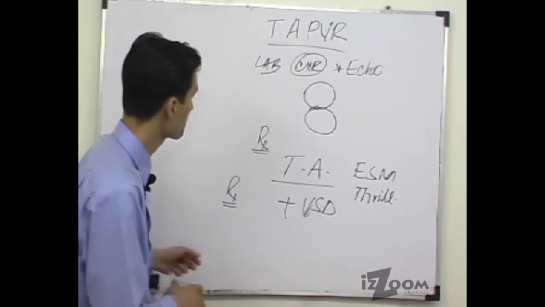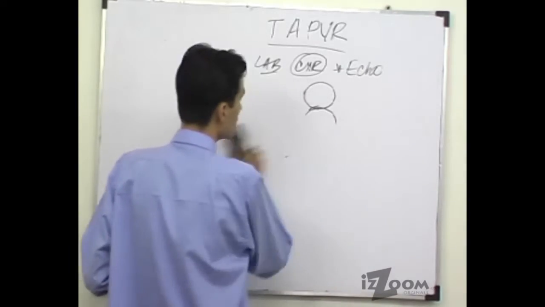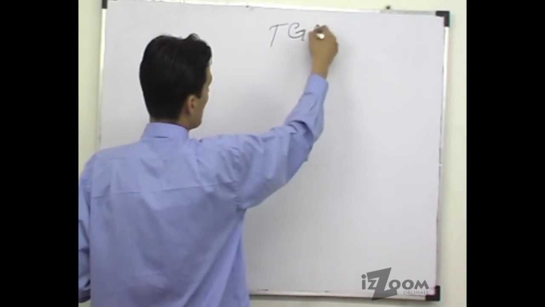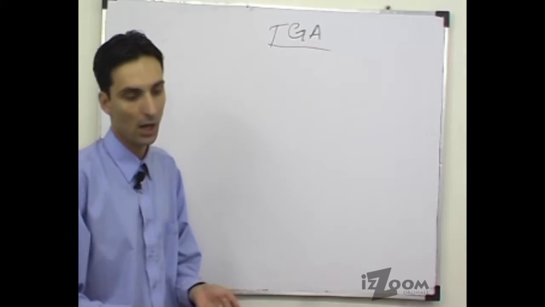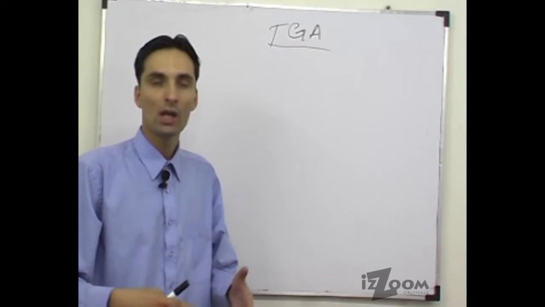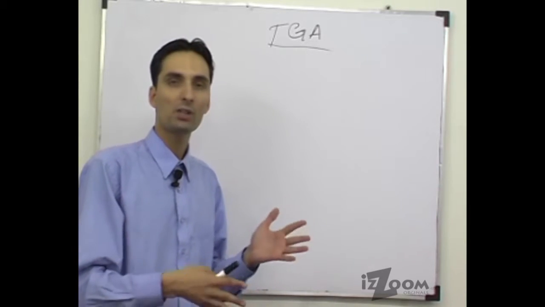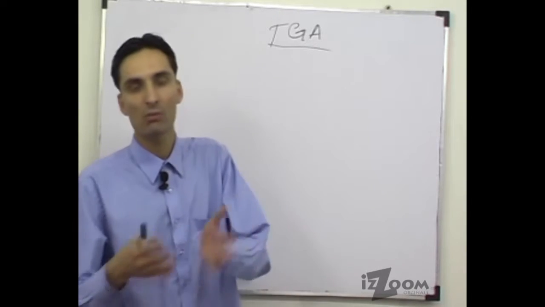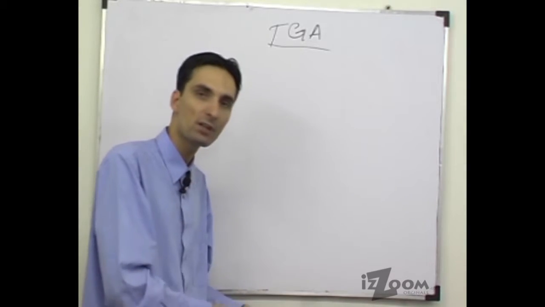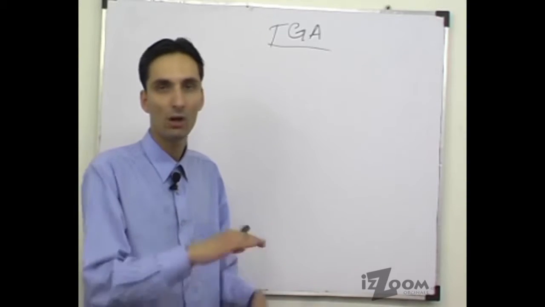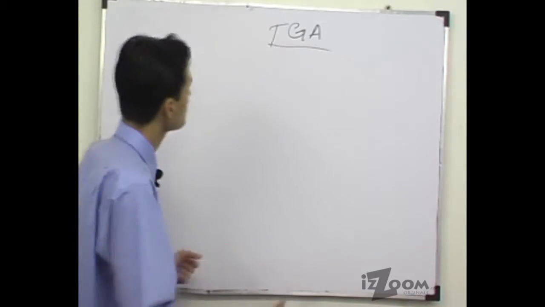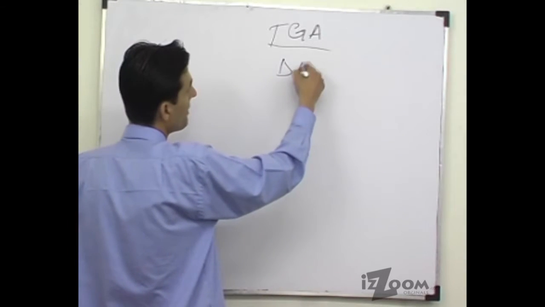patients. So that is all about Truncus Arteriosus, and the last congenital abnormality of the heart that I'm going to be talking about is transposition of the great arteries, or transposition of the great vessels. What happens in transposition of the great arteries is that the pulmonary artery, rather than arising from the right ventricle, arises from the left ventricle, and the aorta, rather than arising from the left ventricle, arises from the right ventricle. So the distribution of these arteries is changed. They are flopped over. So that is what occurs in transposition of great arteries, and it is more common in